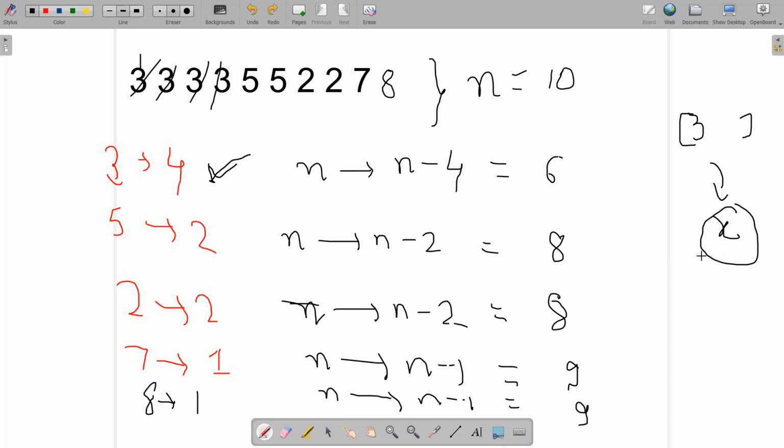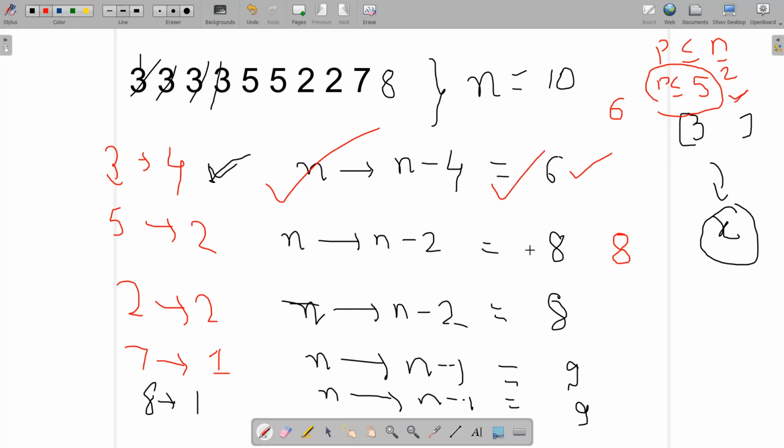Okay, so if we choose the first element of the set to be this one, you can see that our p should be less than equal to n by 2. That is, p is going to be less than equal to 5. I need to ensure this condition, the size of this new set. So if we choose this element, then the new size of the set becomes 6. If I choose this element, the new size of the set becomes 8. So it means that we need to ensure that this condition is achieved as fast as possible. Okay, so the optimal condition is to choose this element rather than this element.